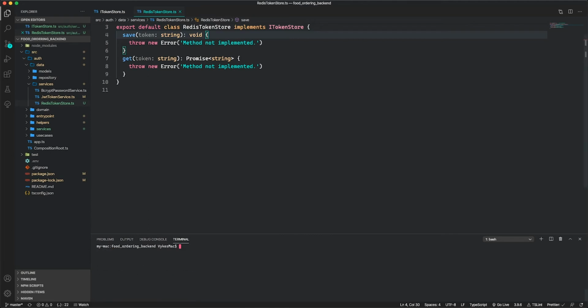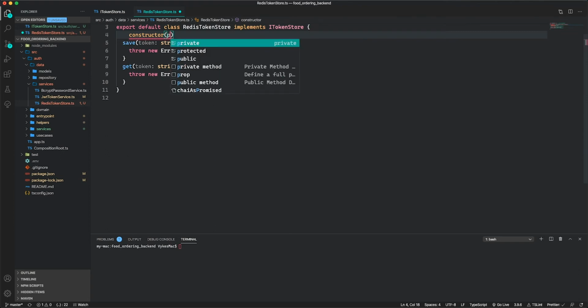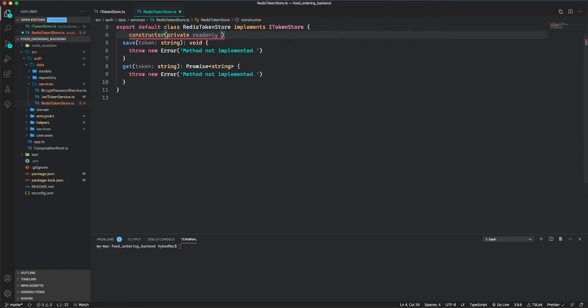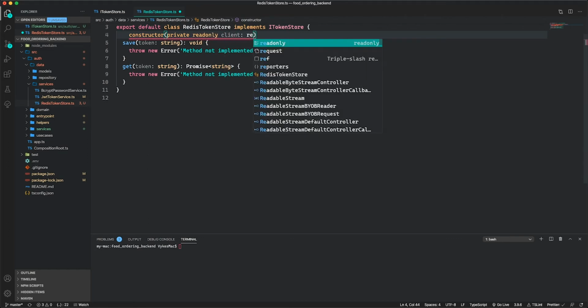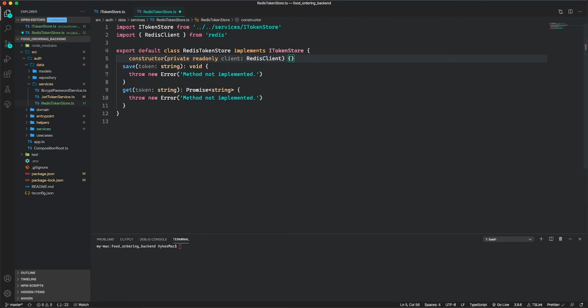So now we have that installed. Inside my constructor, I'll inject that Redis client. So private readonly client, and this will be of type Redis client. So there I'll import Redis client from redis,